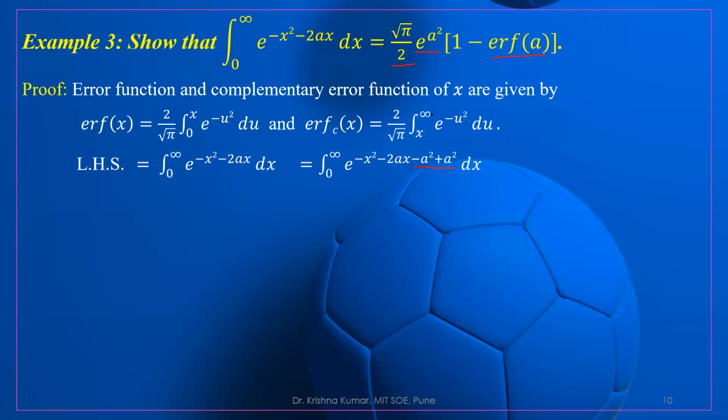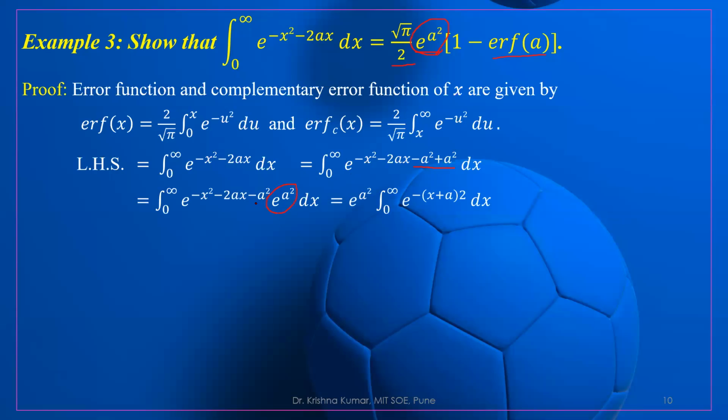Why are we doing this? Because on the right hand side, e to the power a square is given. So what we are doing, we are taking e to the power a. If we simplify it, what will we get? Let us come to the next step: a to the power minus x minus 2x minus a square and minus a square. So we are getting this term.